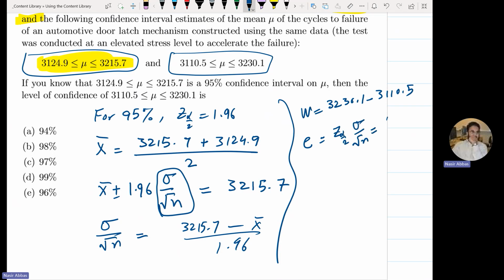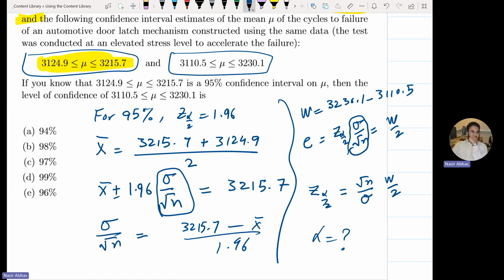This is equal to width divided by 2. Okay. From this E, from the first interval, you got sigma over root of n. Okay. Plug it in. You will get from the second interval z alpha by 2 will be equal to square root of n over sigma multiplied by w over 2. You will get the value of z alpha by 2. From this z alpha by 2, now you will go to the z table and you will get the value of